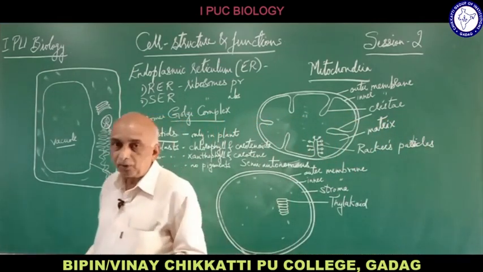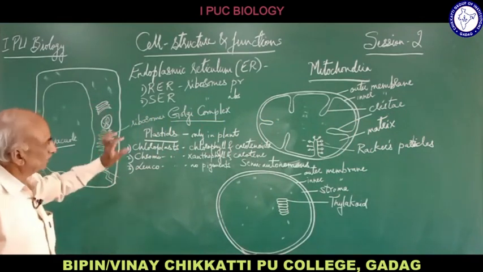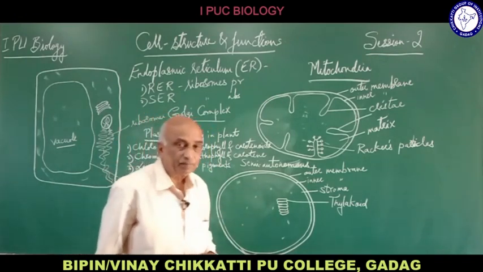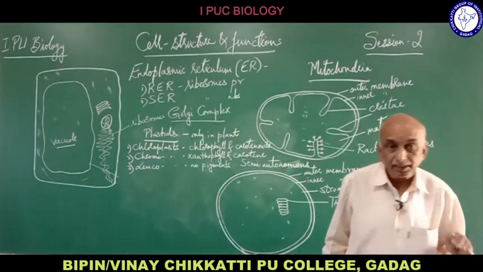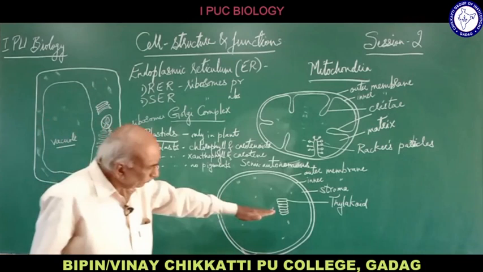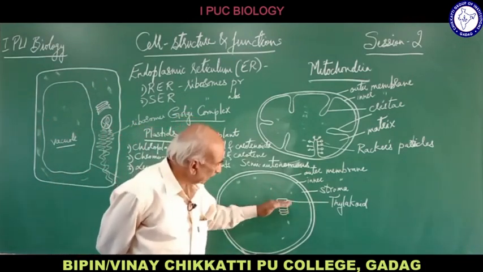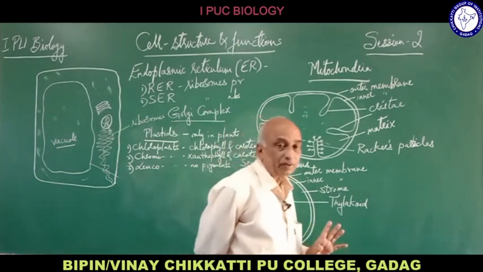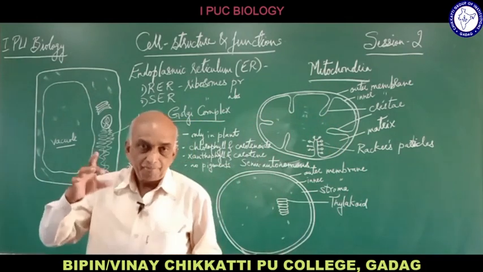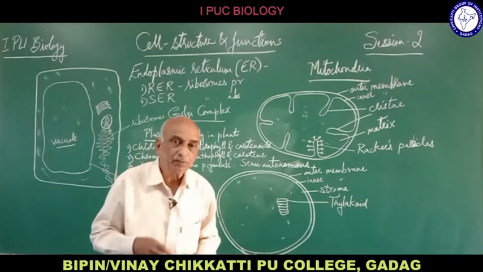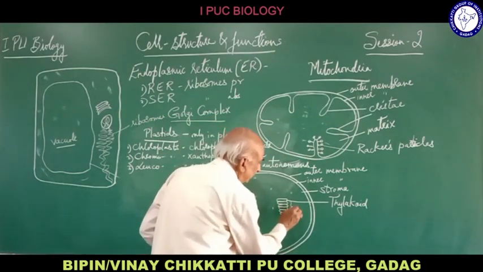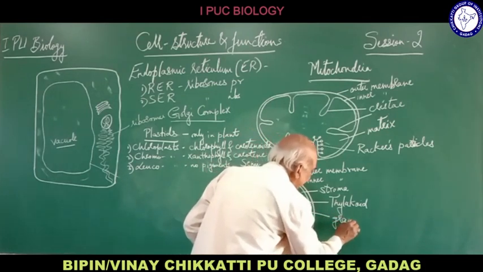When we remember the Golgi complex, there also they are flat membranous structures arranged one above the other. But in Golgi, those cisternae or flat structures are of different sizes. The thylakoids are just like a pile of coins. When we arrange coins one above the other, in the same way the thylakoids are arranged one above the other in this stroma. Now each group of thylakoids is called a granum.